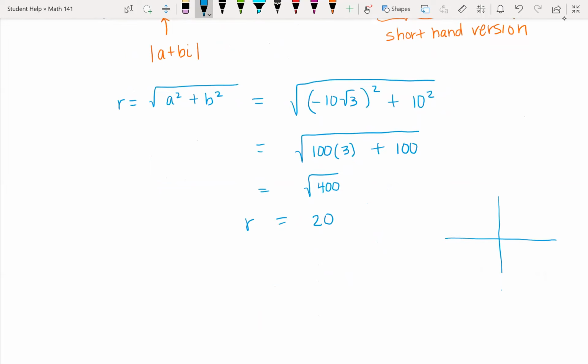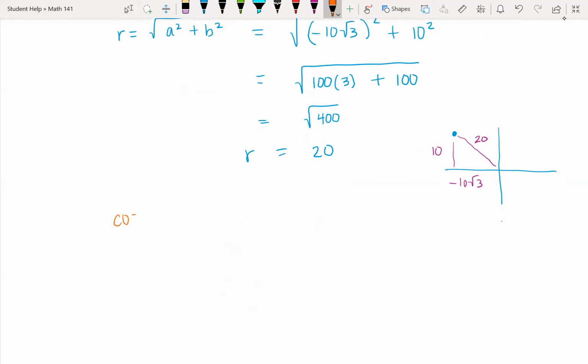So we've got a point that's maybe like this, where this distance is -10 root 3, and this distance is 10. And so we can use either sine or cosine, and now we know, we just figured out the hypotenuse. We know that this length is 20. So we can use either